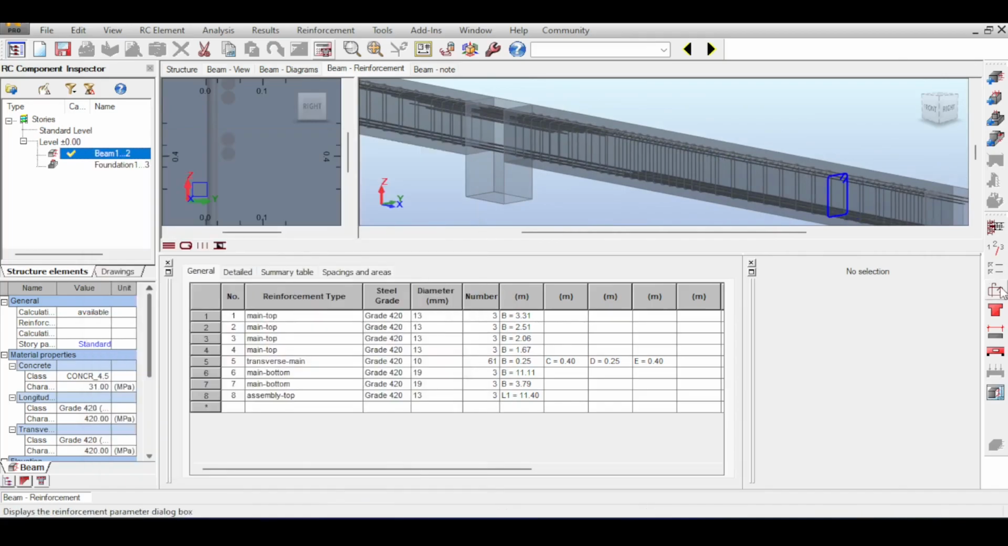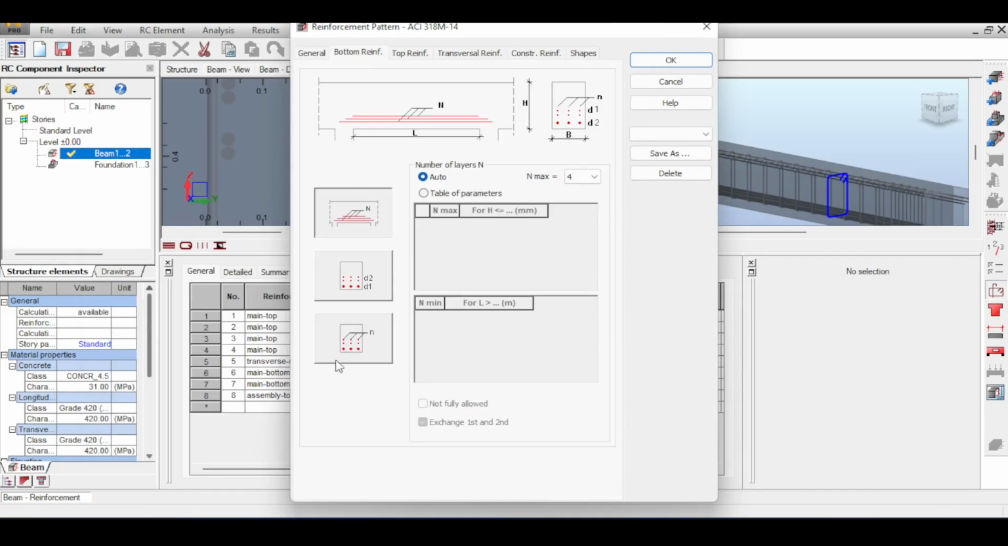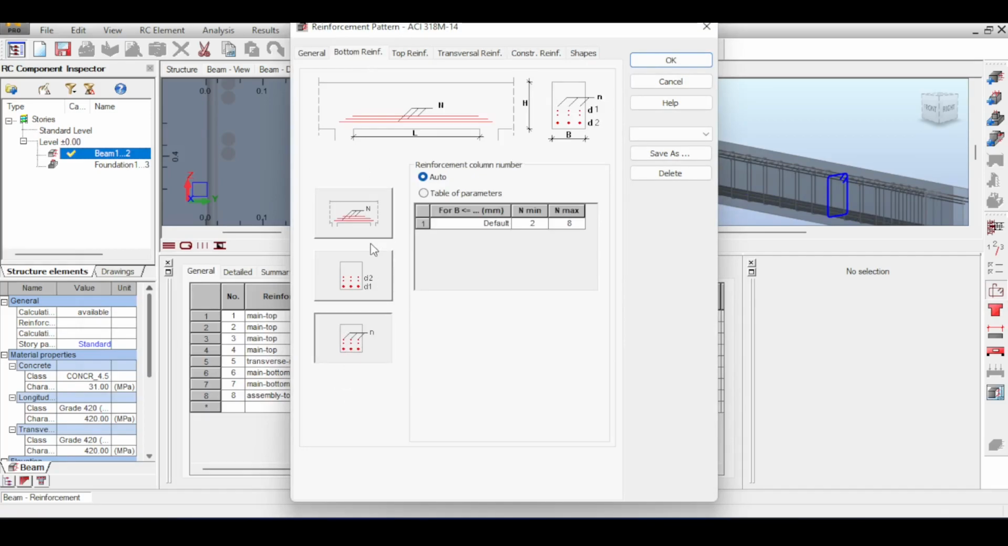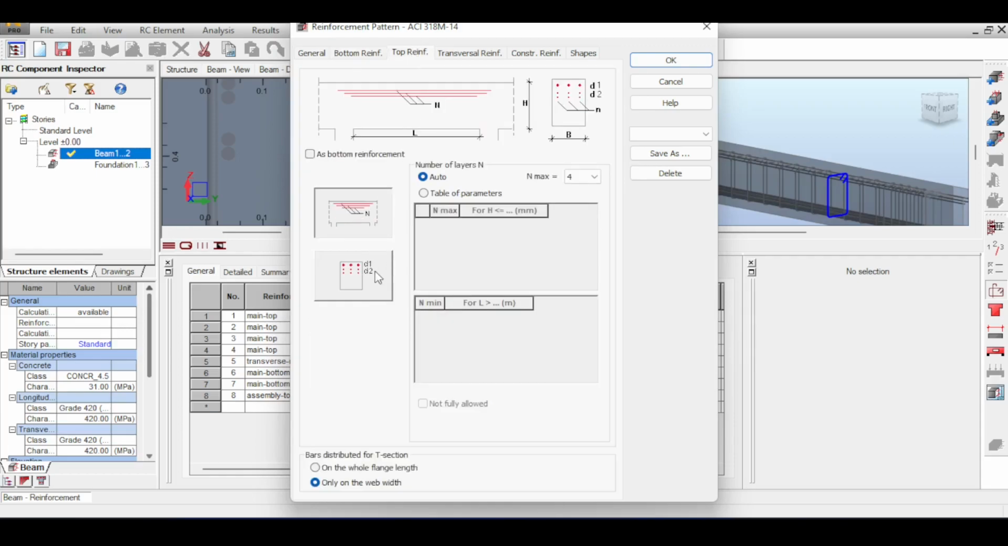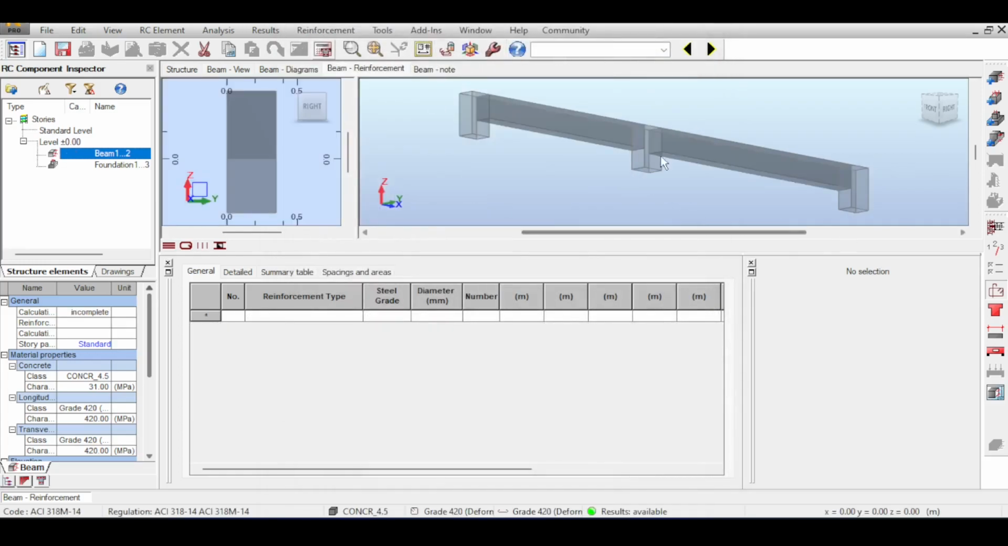If you go to reinforcement pattern, now go to bottom reinforcement, go to the number here, you can see that the number is between 2 and 8, and Robot tries to match the number of the bottom reinforcement with the number of top reinforcement, which is something I don't like. So first of all, I change the minimum number of bars to 4 to have a twofold effect. The first effect is I want to reduce the size of the bar. The second effect is I want to allow Robot to add more bars on the top. So if I click on that now and calculate,